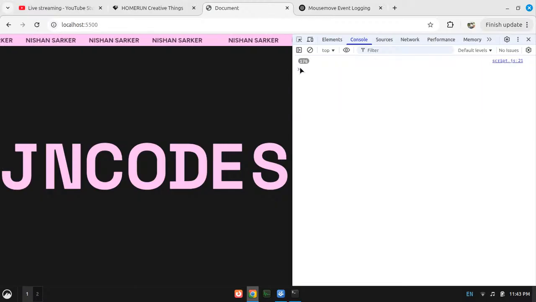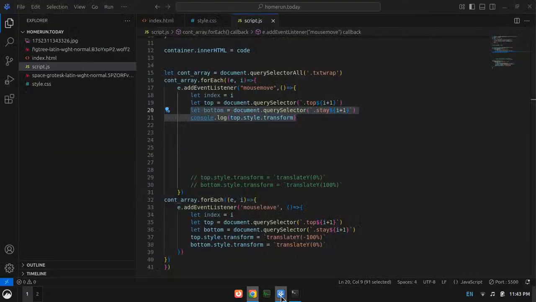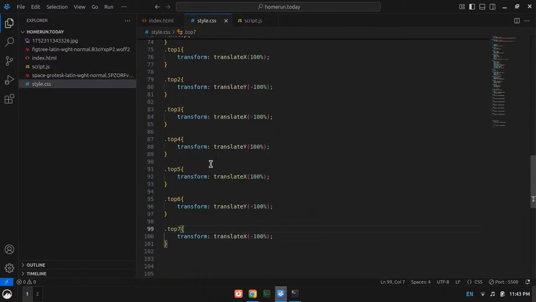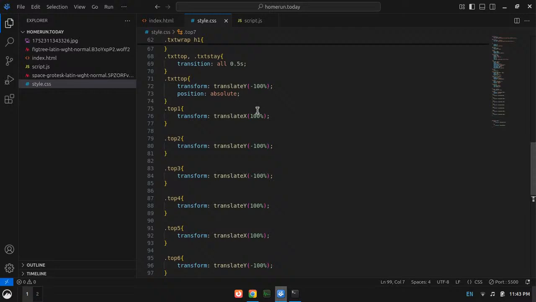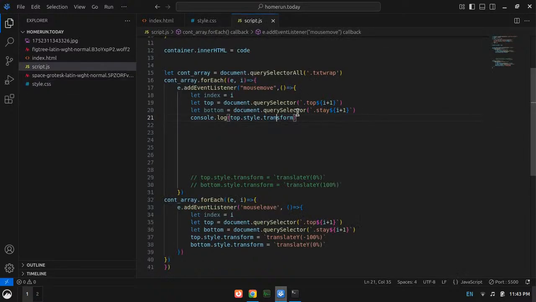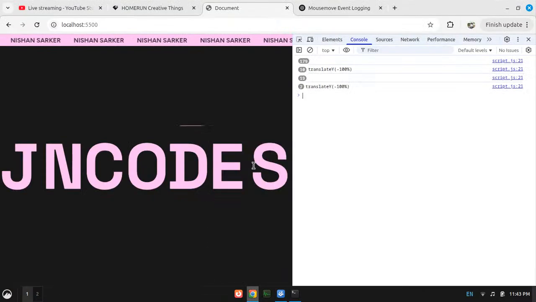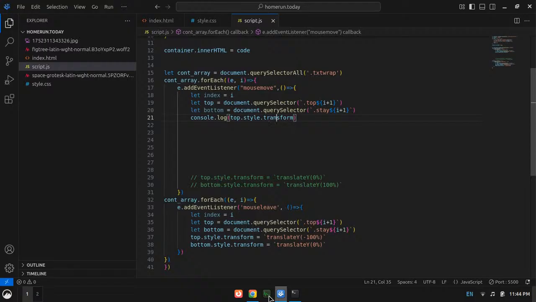But why is this one not there? Top.style.transform, and here I have top one transform translate x 100%, right? So I should get x 100%, but what is happening?